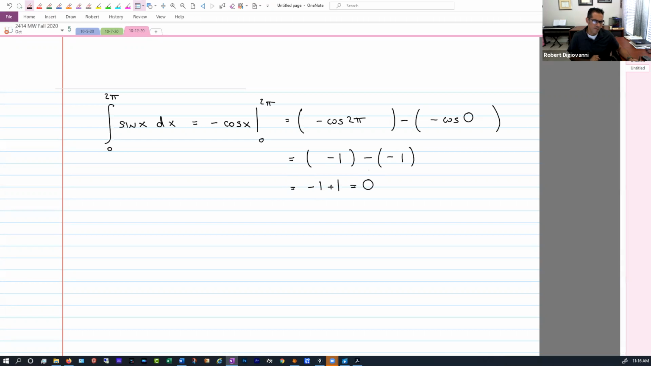We get an area of 0. Now let's take a look at the graph. We were looking at the sine function, right? The sine function looks like this, and it has a period of 2 pi. So we were trying to find the area underneath this from 0 to 2 pi, and we said that the